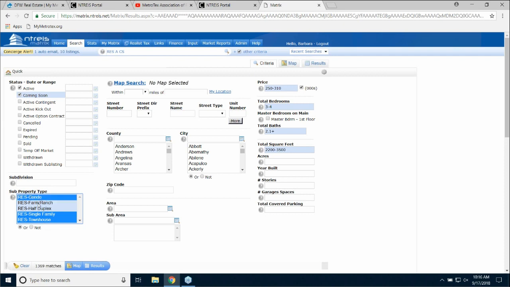I can select more than one. If I accidentally selected the wrong one, I simply hold my control key down, or the command key on a Mac, and select the ones I don't want. So this search, I'm asking for just single family, 250 to 310, 3 to 4 bedrooms, 2.5 baths or more,